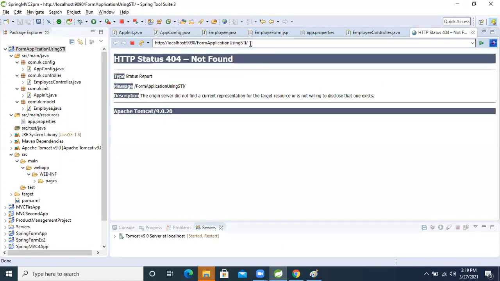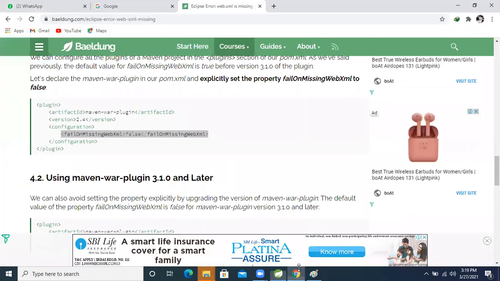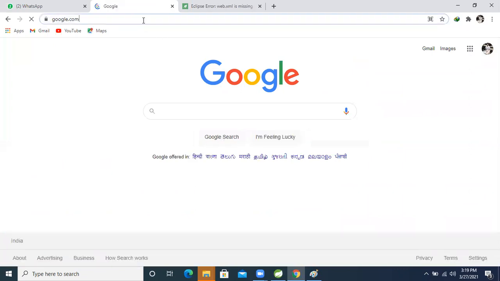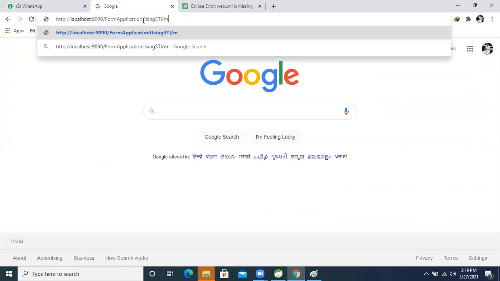Yeah, fine. Copy this one, I'm going to use this one. Paste it. MVC slash what?